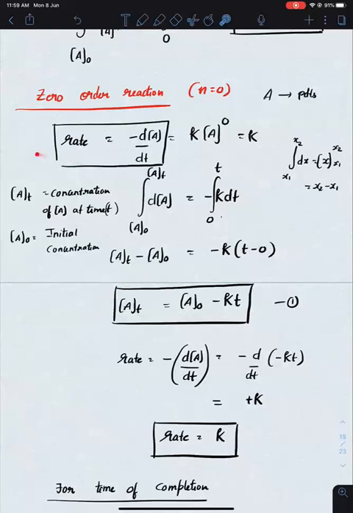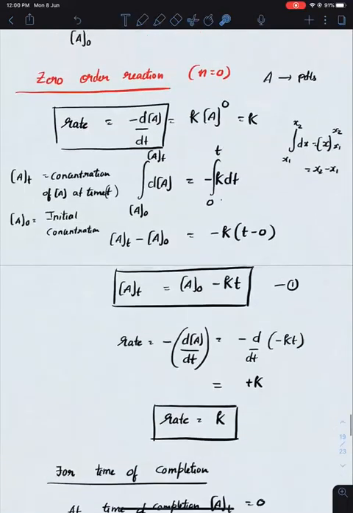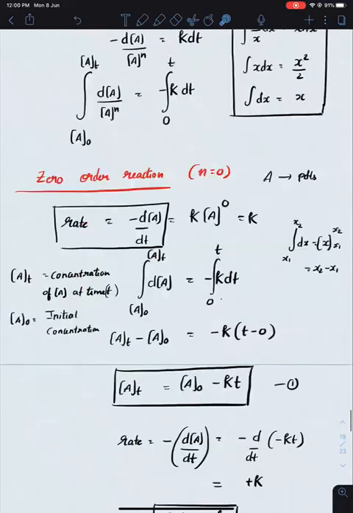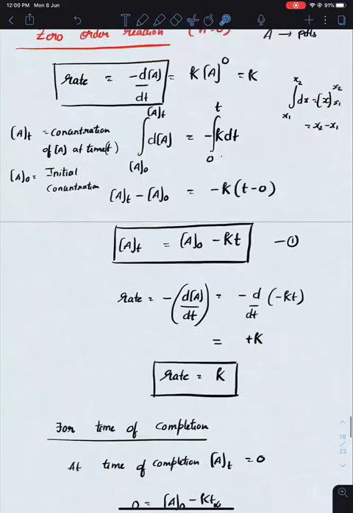पर रेट ऑलरेडी यहाँ पे आ गया हमको, rate is equal to k, and else rate is nothing but minus dA by dt, right. So differentiate this, minus dA upon dt. ये तो constant है, d by dt of constant is 0, d by dt of t is 1, minus है इसलिए plus k हो जाएगा. So rate is equal to k. यहाँ से भी ऑलरेडी आ गया था, expression को differentiate करने से भी वही आएगा, rate is equal to k. Okay, so initial two objectives, A as a function of time, rate as a function of time, दोनों हो गया. At equals A naught minus kt. Rate as a function of time, it is the constant.